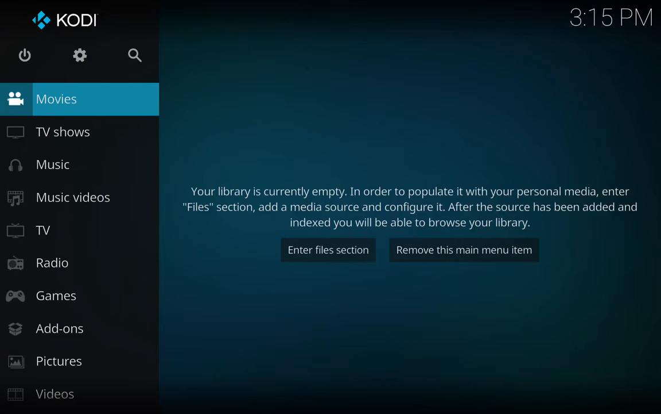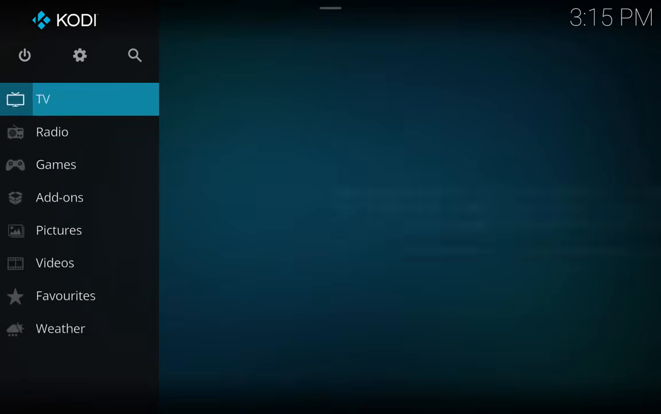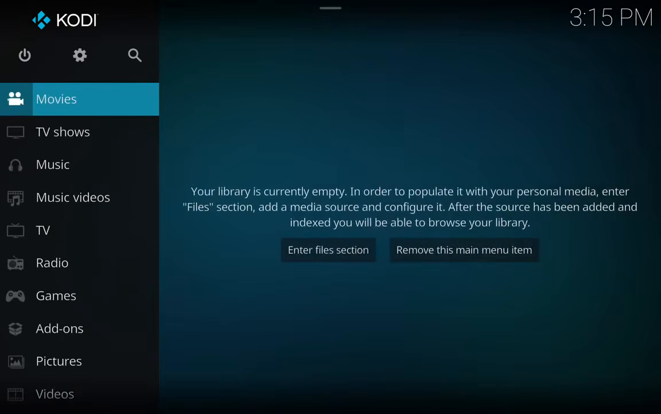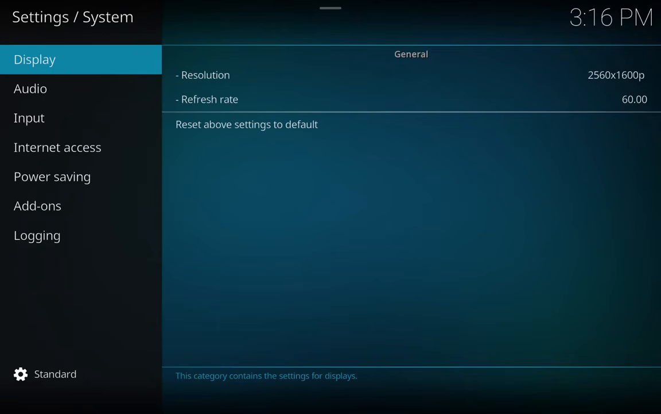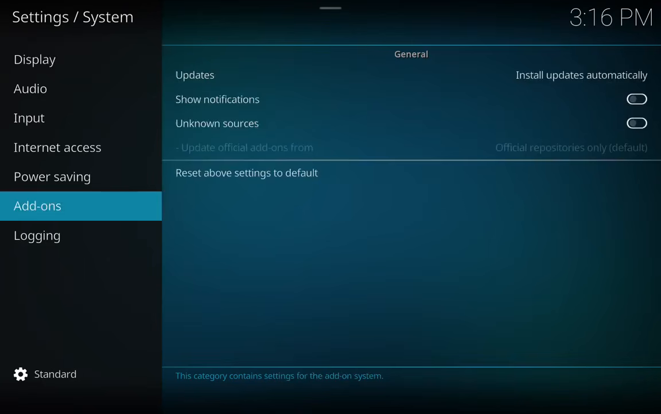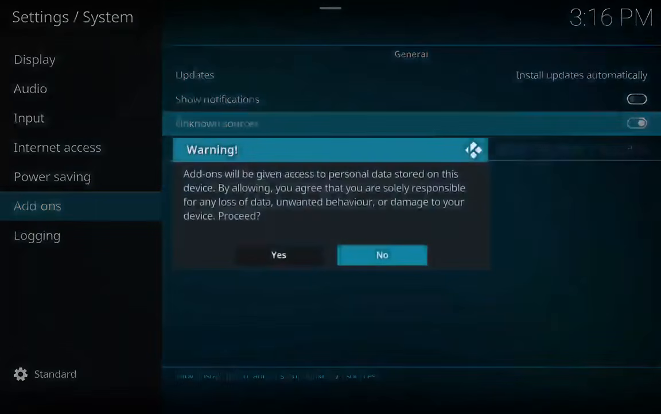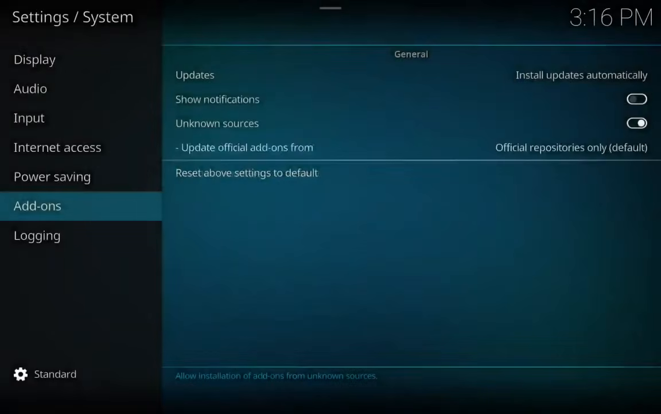The steps are quite easy, so all you have to do, the first thing to do is to launch your Kodi. On the home screen, click on settings. Once you get here, click on systems, and once you get on the systems menu, click on add-ons. Then on the add-on section, click on unknown sources, and then once you click on it, then click yes, and then on your remote, click the back button once,